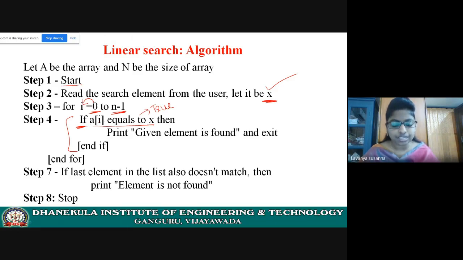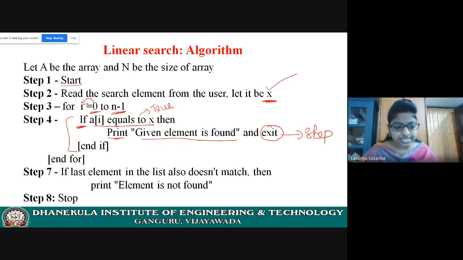If this condition is true, then you need to print given element is found and exit. Exit means stop. Stop the algorithm.